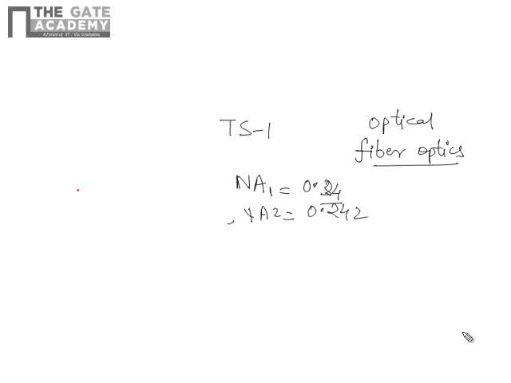So two numerical apertures in the question they have given. So now how to calculate the loss? There is an equation or direct formula which gives the loss. Please remember this formula because it will save time in the exam, as there are other questions to handle. So there are certain direct formulas which can be put in order to calculate the loss in case of optical fiber. So loss is given as 20 log of